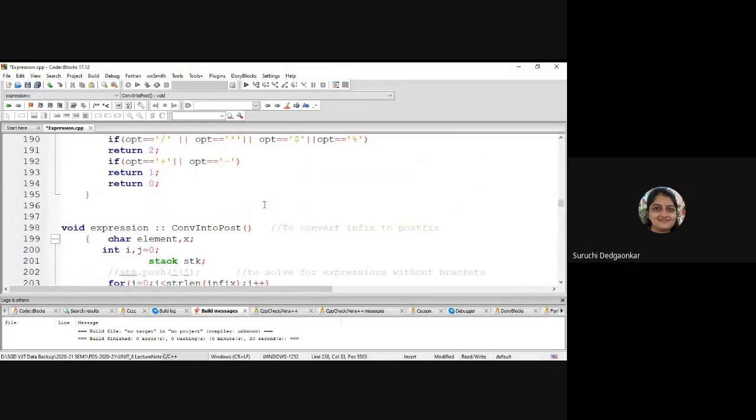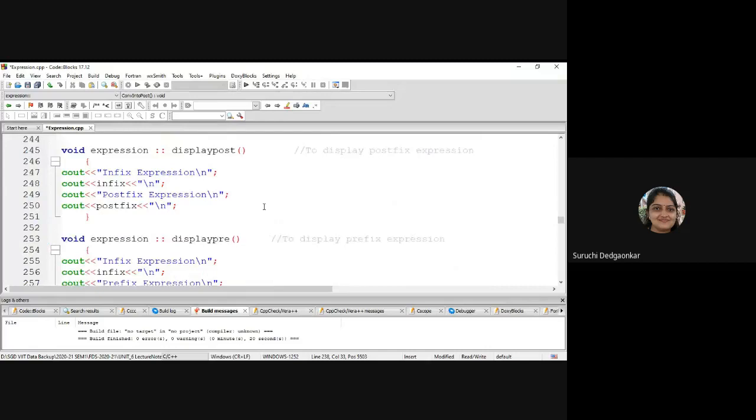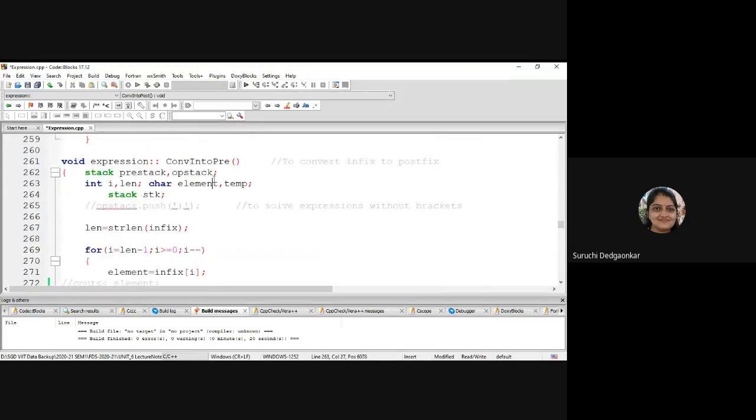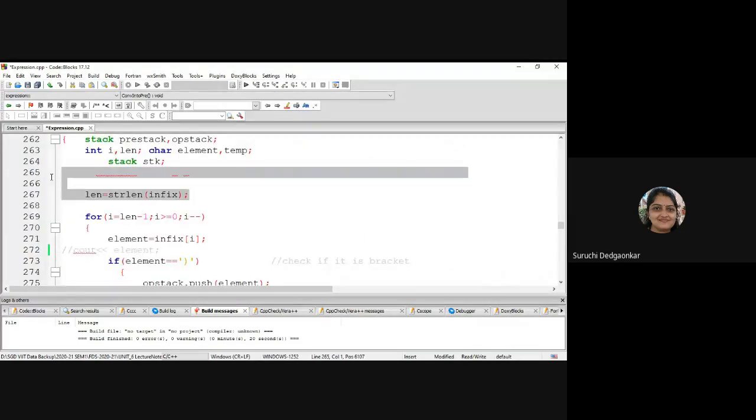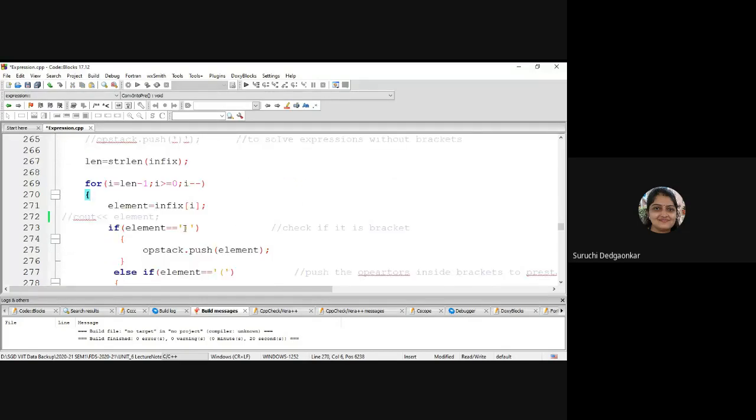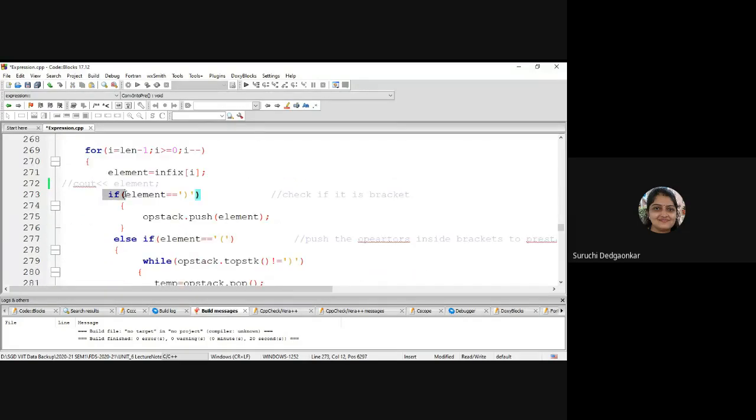Then if we convert to prefix, the function converts into prefix. Here we will access the infix expression from right to left. Okay, so infix is accessed from right to left, length minus 1 to 0. Then we are checking whether it is a closing bracket, then push into the stack.